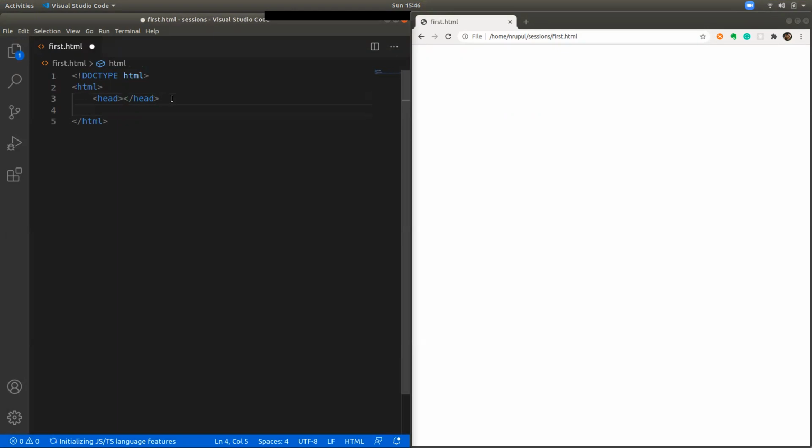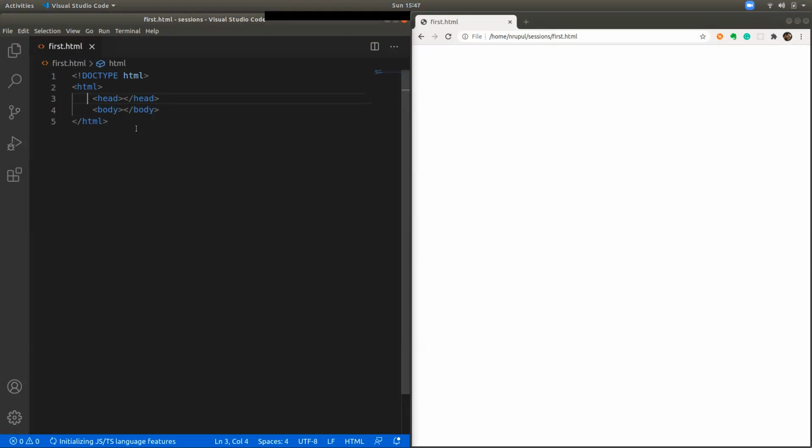Now the second tag I'm just going to add is called body. I'm just going to explain what these two tags mean. So the head element will have the content which is not shown on the browser. It can have certain things called metadata. It can have things like loading certain files. But whatever you put in the head tag will not be shown anywhere in the main browser part.